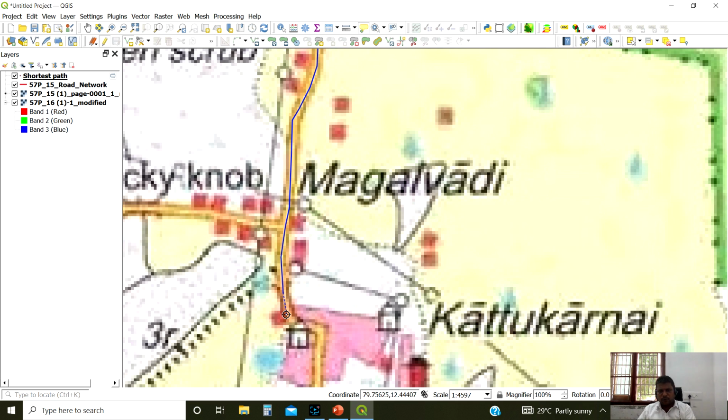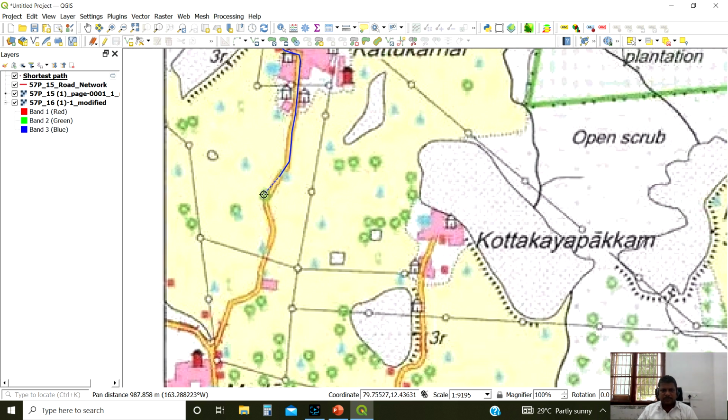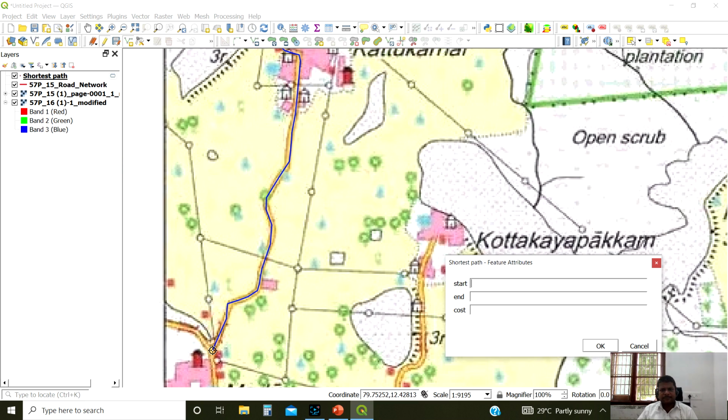Here we should give more points. So on a straight line, give more points, like that you can capture.